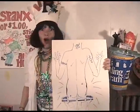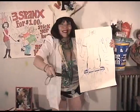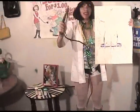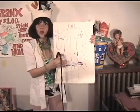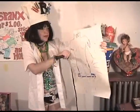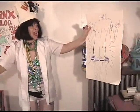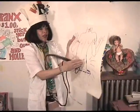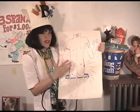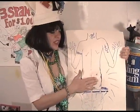Now, for the skinny, flabby ass, and I've often found in my life that most of these skinny asses, they're flabby. This is the cat of nine tails. This is a good implement to use for the skinny, flat behind because there's not a lot of area there and you don't want to waste. So what you would do is, there. Oh, no, I hit him in the head. There we go. Yes! And then you say, okay. And you know, if that doesn't work, you can use your hand. I mean, I would put a glove on unless you know this person really well, but then you can just like,